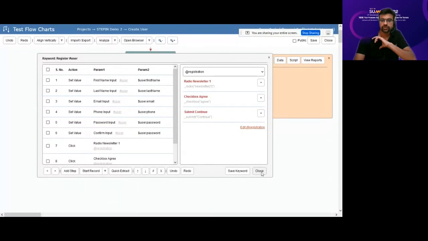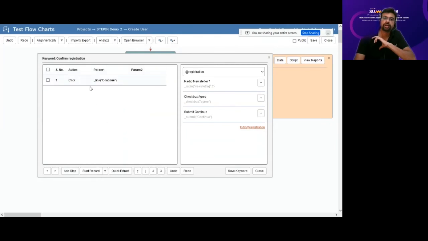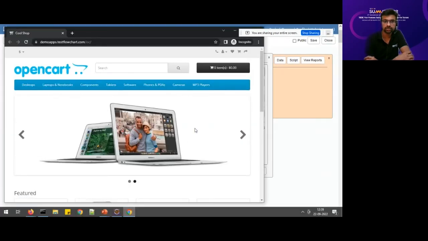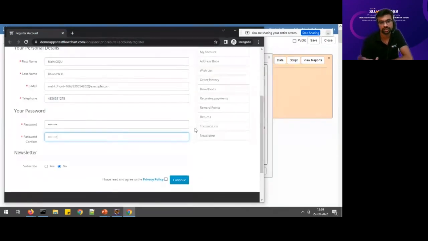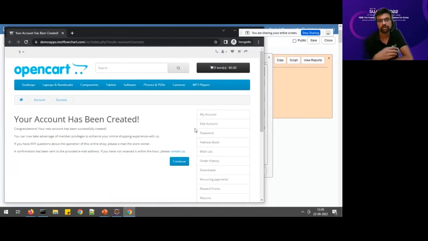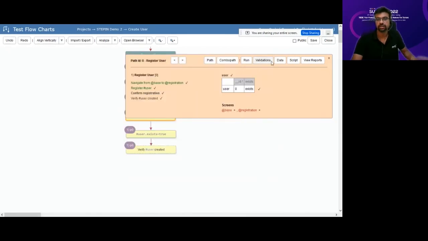And close this. By the way, if I had wanted to implement this particular confirm registration afresh, I could have run till here, and it would execute the previous steps which will bring me up to this point. So let the browser come into focus and then it'll do that. It'll come up to that point, do the things, and then wait for you to do the next things. So now I can again start the recording and then record this part. Now let me actually run it fully, instead of doing piecemeal. I'll do a full run.